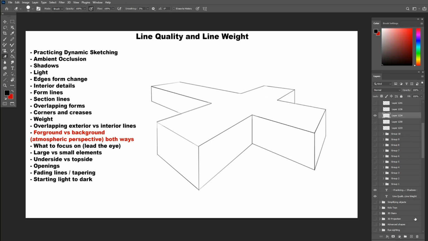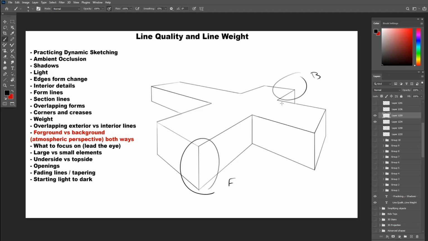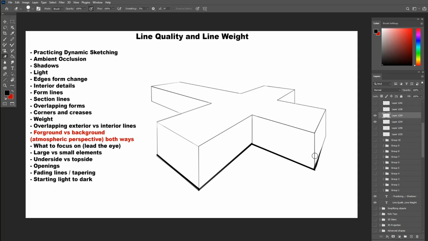You can do the same thing with even one object. It doesn't have to be different objects. If the object is long and wide enough to go from the foreground to the background, it will also have thicker line in front of the viewer and thinner lines as it goes into the background. Here we have a cross that is both in the foreground and moving away from us. The front edge is in the foreground. The right edge is also in the foreground as well, but a little bit behind. The one in the top left is the most far edge we have, followed by the one in the top right.